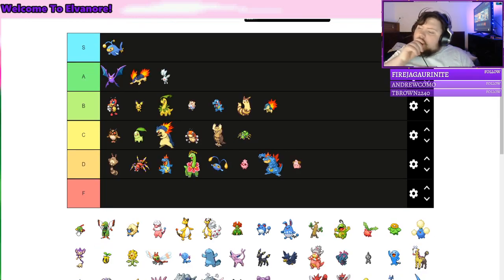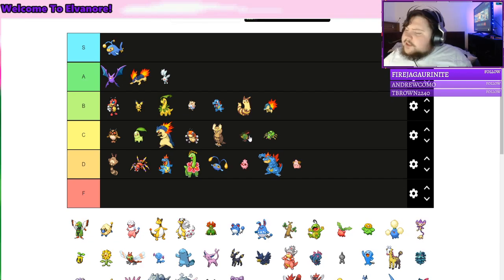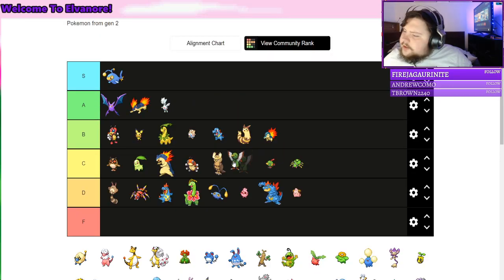Natu. I do like Natu. The problem is it doesn't do anything distinct. Besides Stored Power, it's kind of known for Stored Power, right? Natu and Xatu are very cool, but they're lacking something. Yeah, I know, that's what I mean. I feel like they're missing just a little nudge. I like it more than Spinarak. Probably not more than Noctowl, though. Alright, Xatu... I probably like Xatu more than...